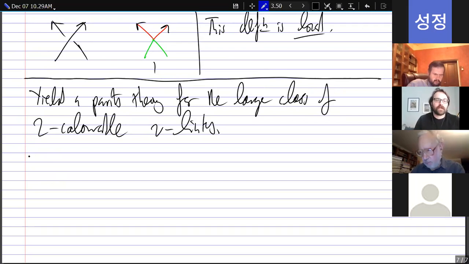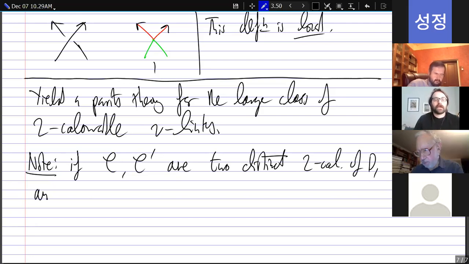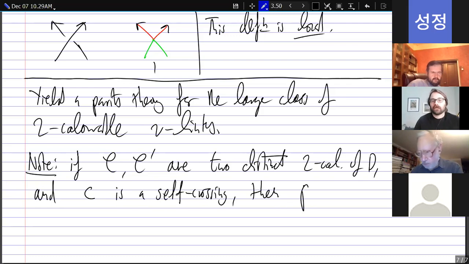Before I make this definition, I'll point out two things. So note, if C and C prime are two distinct two colorings of the diagram D, and C is a self-crossing, then the parity with respect to one of the colorings of C is the same as the parity with respect to the other. So by that I mean,